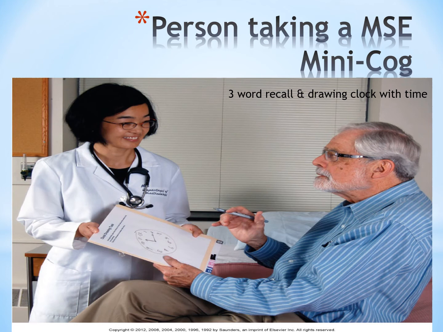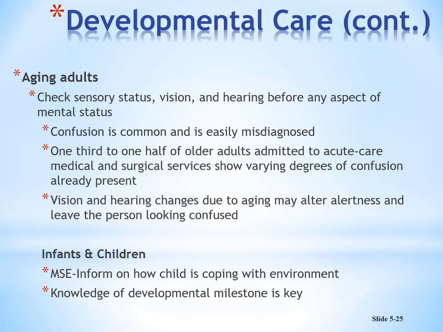Now, if the person has some additional sensory problems, like if they wear glasses, make sure they have the glasses on before they take this test, because they'll be drawing incorrectly because they couldn't see, not because there's a mental health disorder going on. So just be aware of some of those things, please. Again, check the patient's sensory status, or maybe their hearing status. Maybe the hearing aid was not in, so that's why they couldn't hear you, and why they gave the wrong information. It's not that they have a mental health problem.